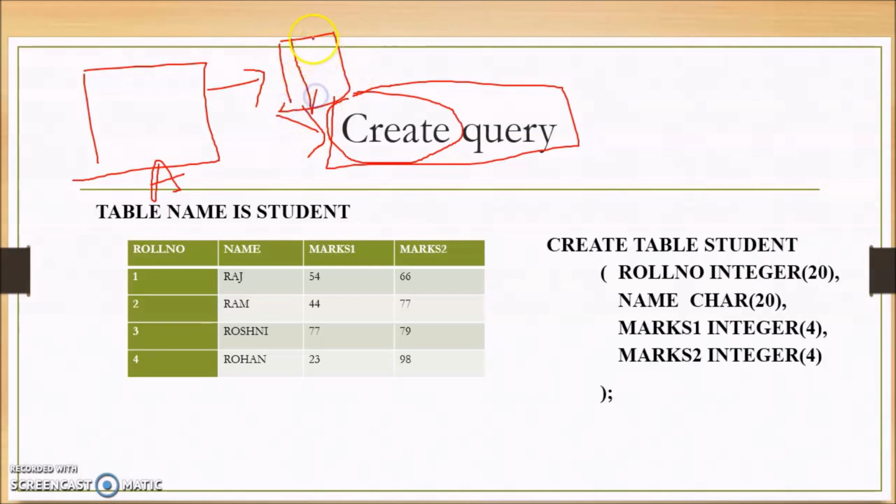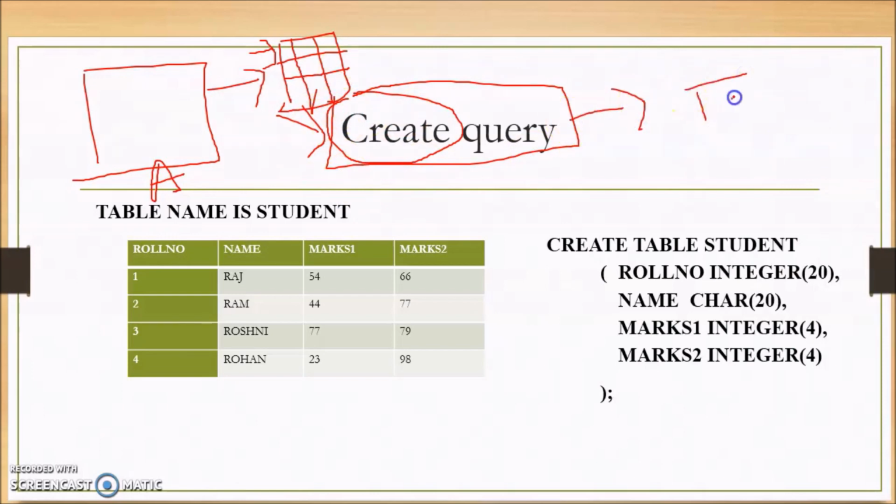If you are creating a new database, initially it would be blank. So if you want that database to be filled, what you would do is put some tables. So you are first of all creating those tables. Basically, the create query is used to create the tables.